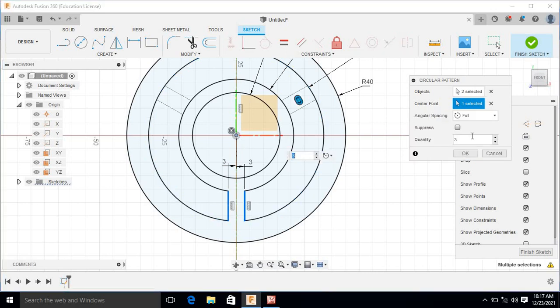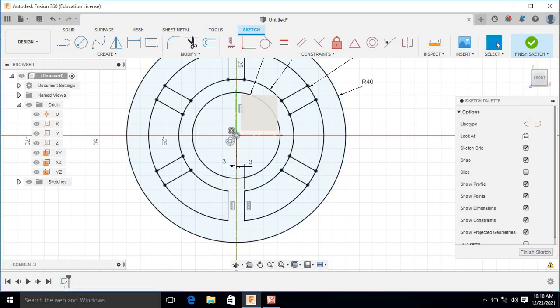Now here it is asking how many number of components we require. So we require actually 6. So by default it is 3. So enter 6. We will get such components equal to 6 and press OK. So we will get the pattern of these 2 lines. Now here also we have to remove the arc of that circle. So again use the trim command.